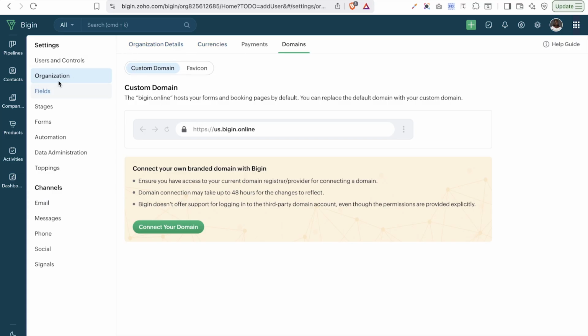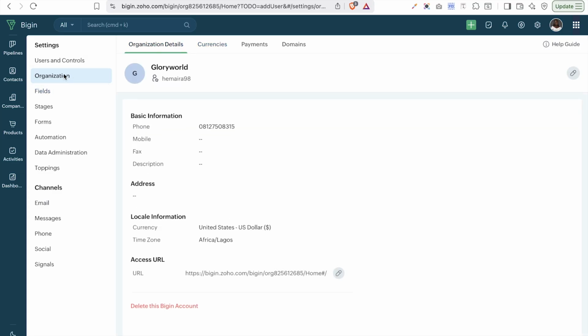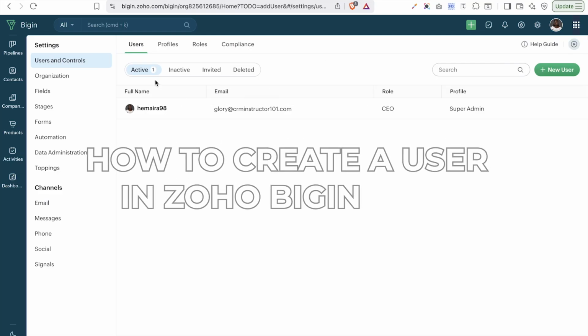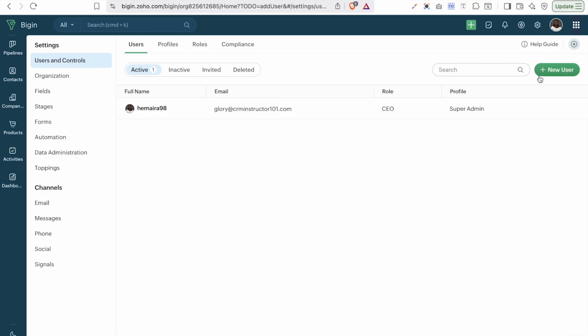And also, when you are done with the organization settings, you also want to add in users. If you have any users that you want to bring in into Zoho Begin, you can do that by adding a new user here. So if you are not a solo user, or if you want to invite your team, Zoho Begin is going to allow you to be able to add multiple users, and you can also decide what they can see and what they cannot see. Okay, so for us to add a user, all we need to do is to click on new user, and